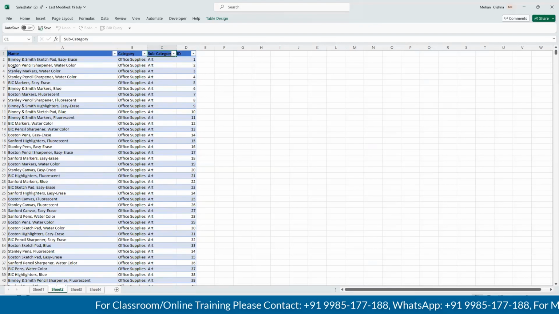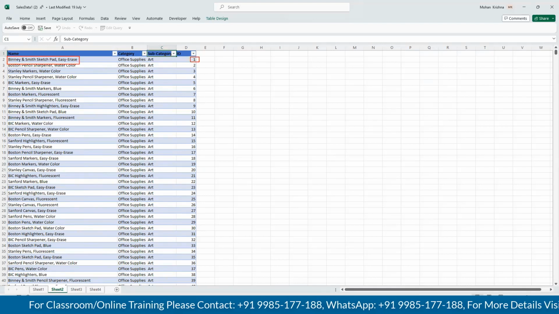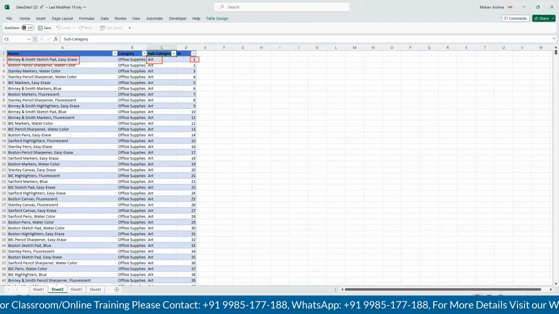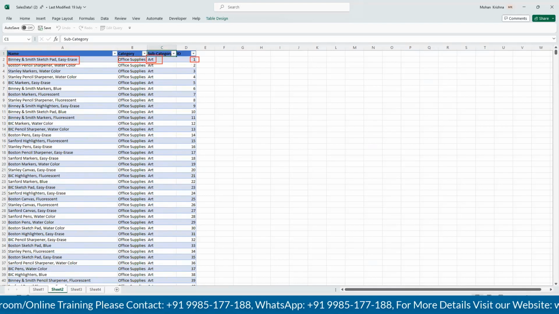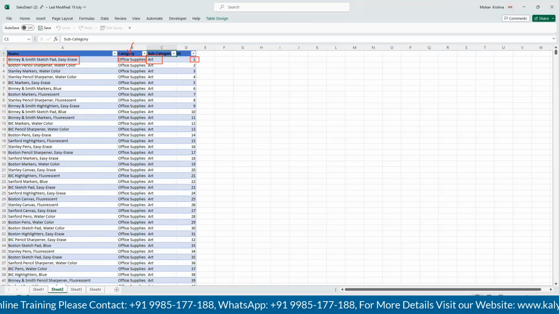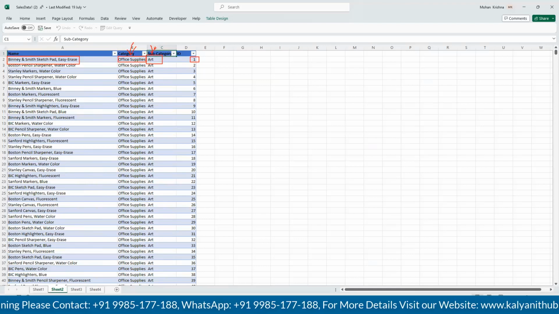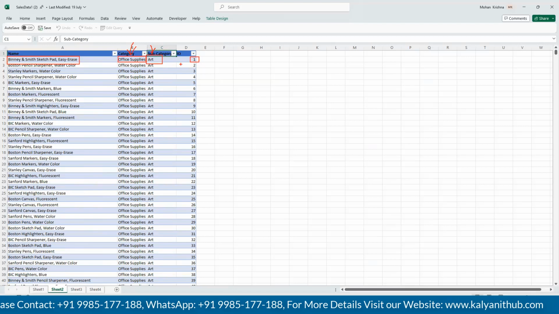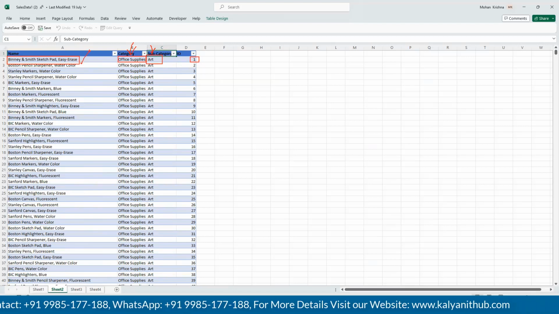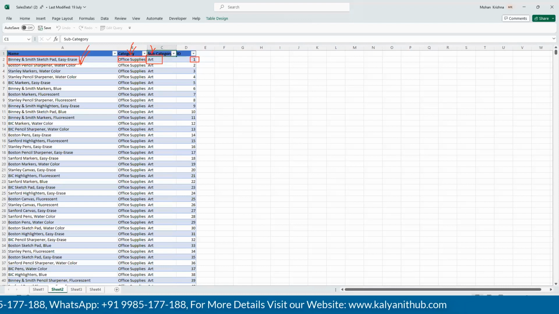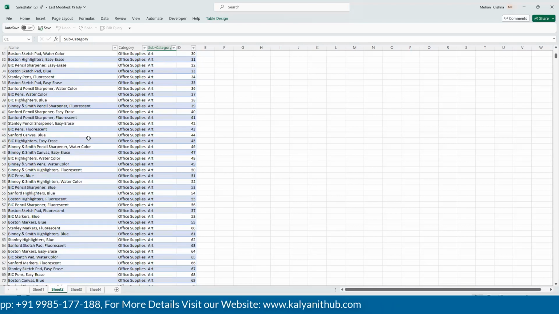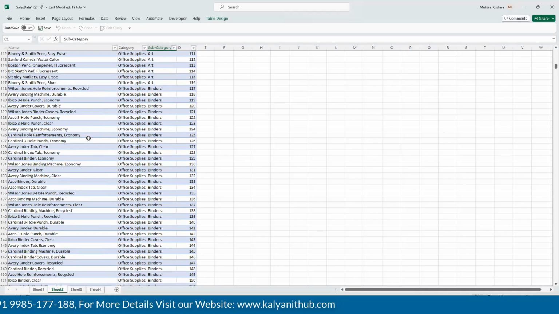This is the table where I have the product ID, the product name, the subcategory and the category, right? So the category is office supplies, within the subcategory called art, and this is the name of my product: Binney and Smith sketch pen. This is what I am selling under this product ID for office supplies. This is all the details of the products that I am selling in my